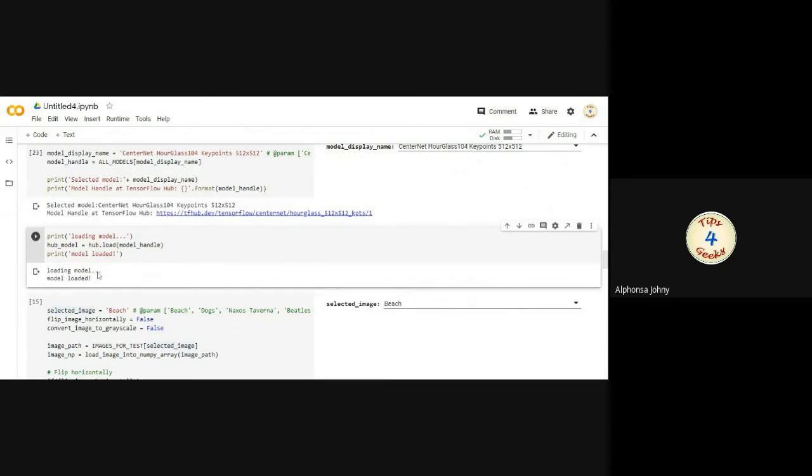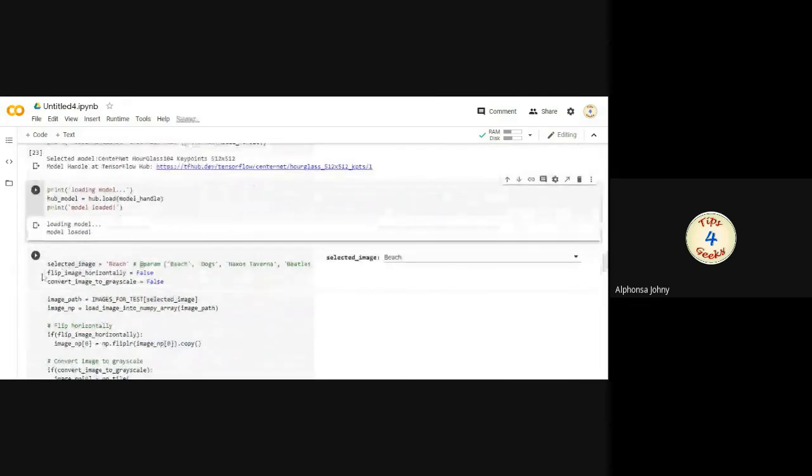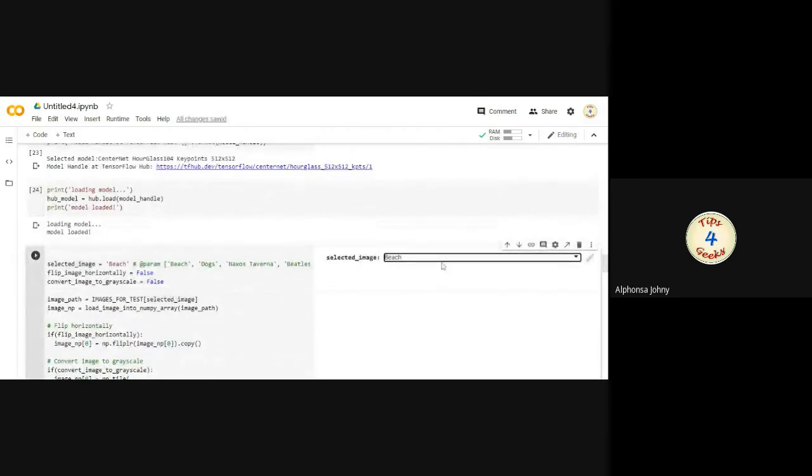Then the next step: we have already created a model to detect different objects in an image. So what is the next step? We have to load an image from which we have to detect the objects. Here in the code, they have given a set of predefined images. So first I'm choosing the beach. From this beach image, we are going to detect the different objects.